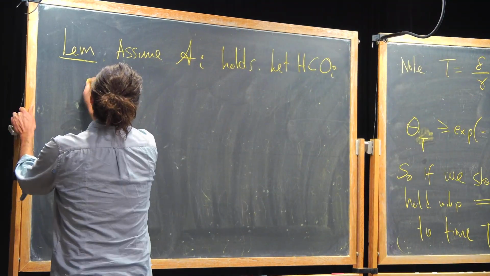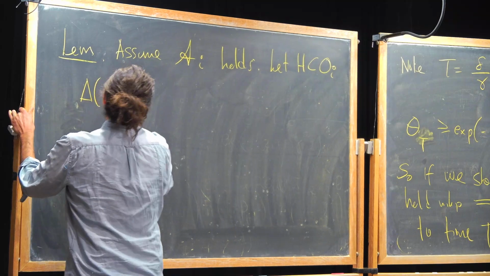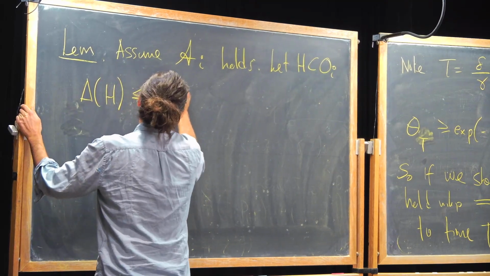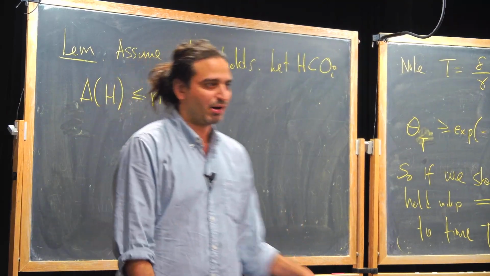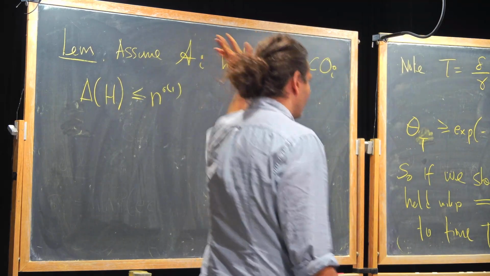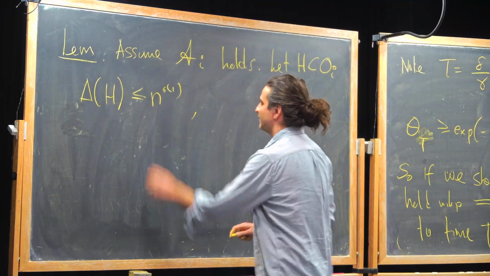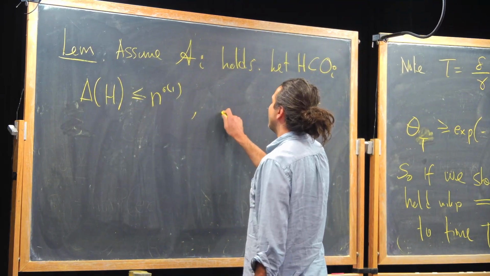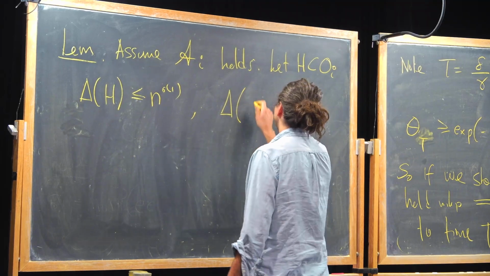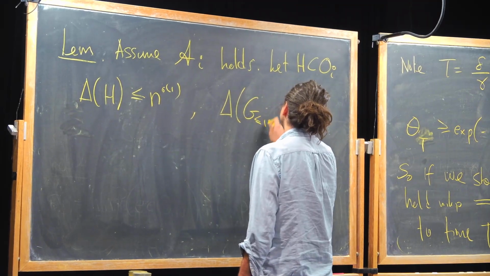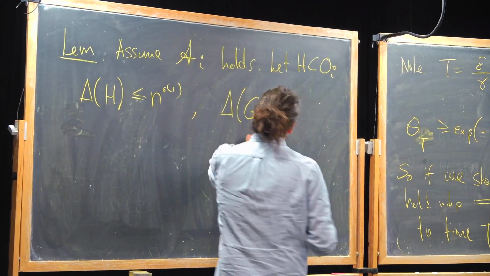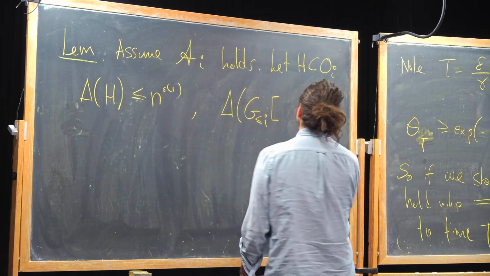And assume that it has the following two properties. So the max degree, I want to be not too big, like some polynomial. In fact, I can even put a small constant there, but then I have to think of a name for it. And the second thing I want is when I look at my graph at step I, and I look at